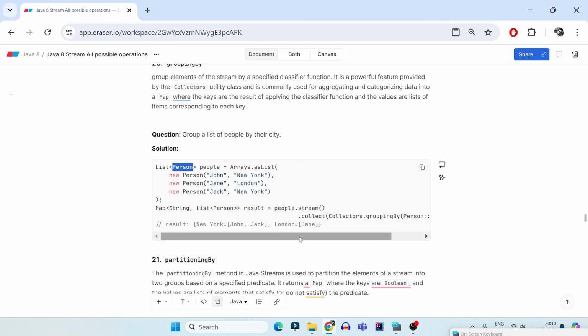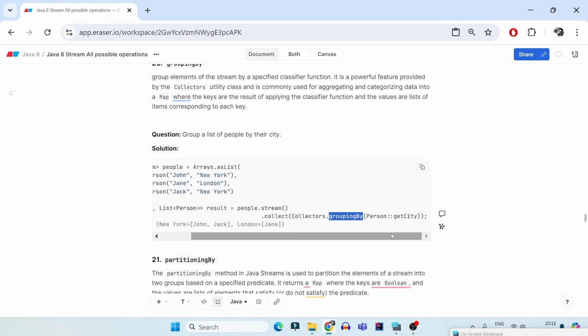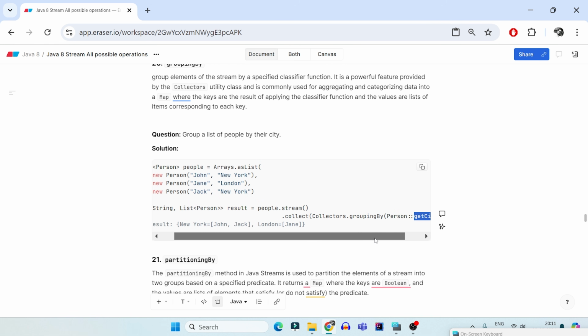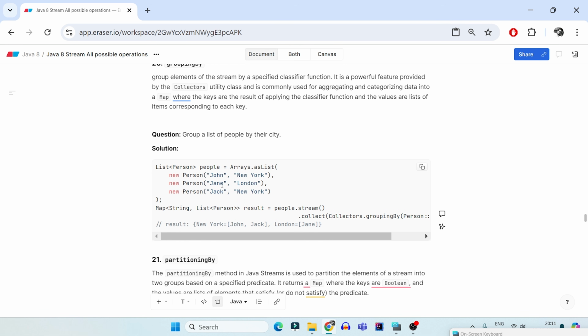So how can we do that? You open the stream on the list of your people, then collect them. Before collecting them, group them by their city. Since you are grouping them by the city, all the values become your whole Person objects. That is the type of the collection you are working upon. Your key becomes a string, that is your city, but the value becomes the whole list of Person, not just the name of the person.